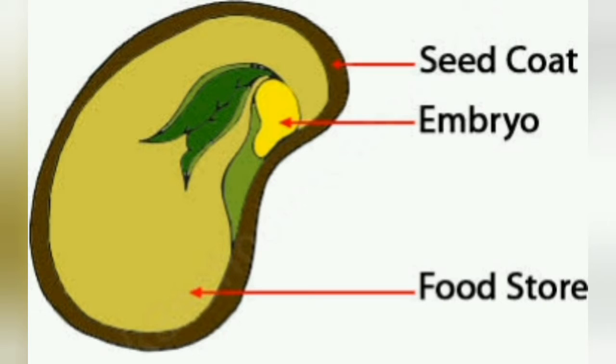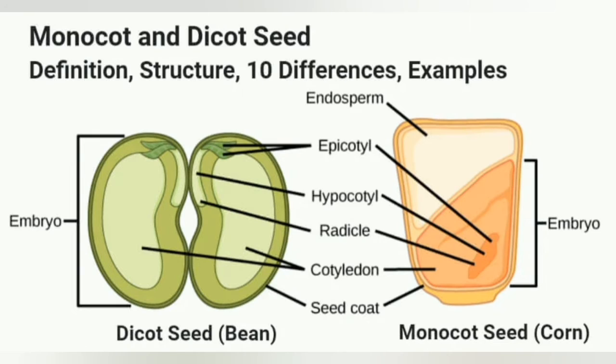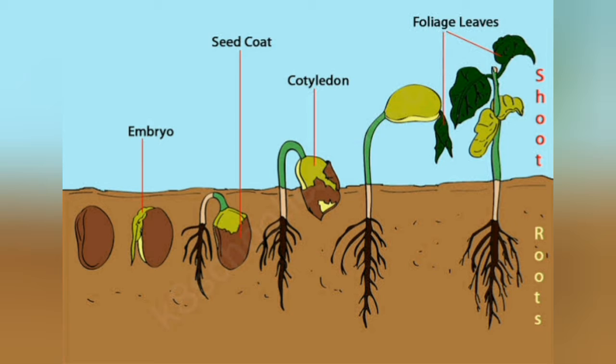When you remove the seed coat, you will find that there are cotyledons. There can be one cotyledon or two cotyledons, and you will see the seed leaves and a small seed root and an embryo. So, this is about seed, that it contains an embryo or the baby plant, and it has a seed coat.